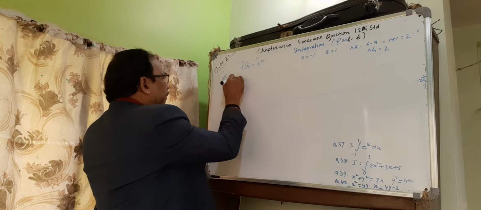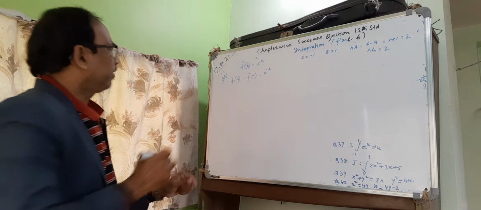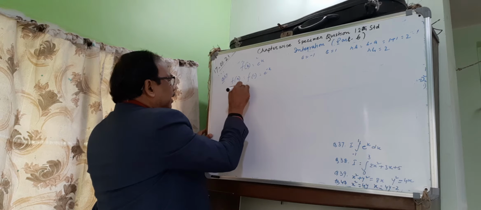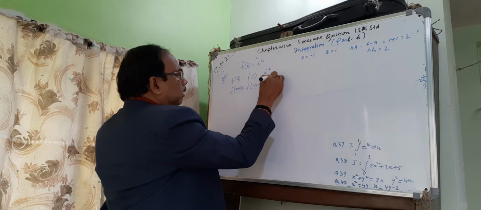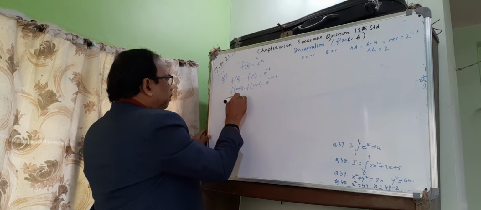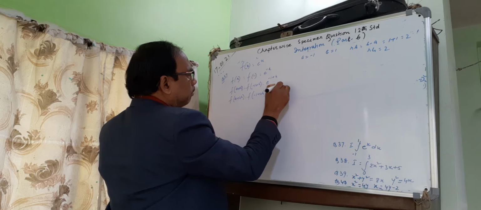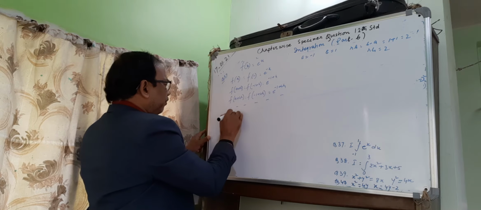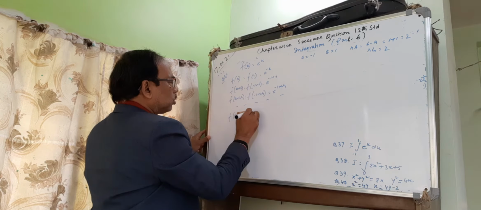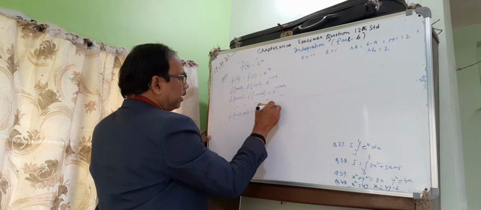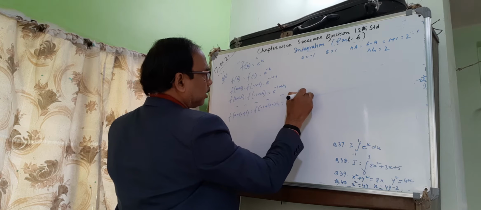Now let us do f(a) equals to f(minus 1), that is e to the power minus 1, put it in fx. f(a plus h), if a is minus 1, minus 1 plus h, that is e to the power minus 1 plus h. f(a plus 2h), f(minus 1 plus 2h), that is e to the power minus 1 plus 2h dot dot dot. f(a plus (n minus 1) into h) equals to f(minus 1 plus (n minus 1) into h), that is e to the power minus 1 plus (n minus 1) into h.